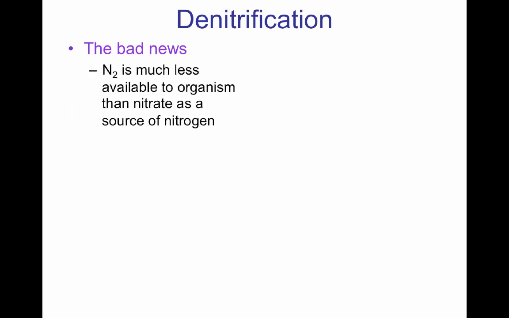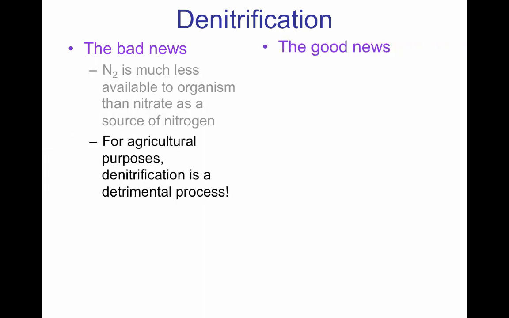The bad news about it is that nitrogen gas is much less available to the organism than nitrate as a source of nitrogen. So you're basically losing it to the environment. For agricultural purposes, denitrification is a detrimental process. In agricultural reactions, you are giving a fertilizer to increase the amount of nitrogen in the system. So if nitrate is used and converted into nitrogen gas, that is going to escape into the environment and not be used as a fertilizer for the plants that actually need it. So agriculturally speaking, it's very bad to lose nitrogen through denitrification. However, on the other hand,